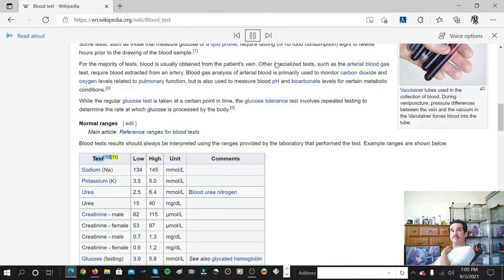Test, low, high, unit, comments. Sodium, Na: 134 to 145 mmol/L. Potassium, K: 3.5 to 5.0 mmol/L. Urea: 2.5 to 6.4 mmol/L. Blood urea nitrogen, urea: 15 to 40